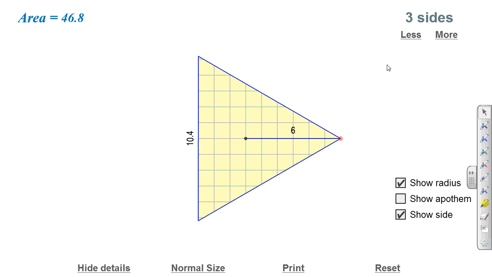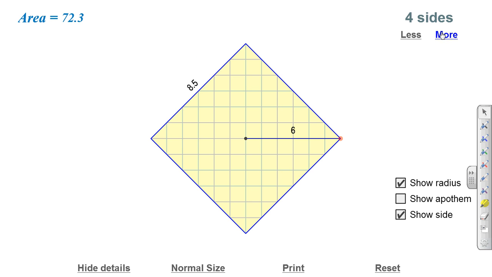Anybody have any idea why it wouldn't let me pick a shape with less than 3 sides? Good, because obviously you couldn't have a shape with less than 3 sides. If it was just 2 sides, it would be nothing. You have to have at least 3 sides. So what we want to look at is we're going to add more sides to this, but we're not going to change this radius. The radius is always going to stay as 6. So we can see this will stay the same. We're going to see how the sides change, and the length of the side is going to change. So if I add a couple more,